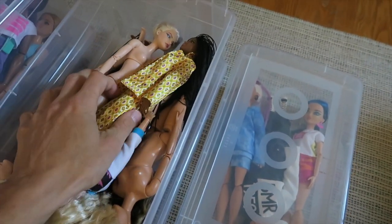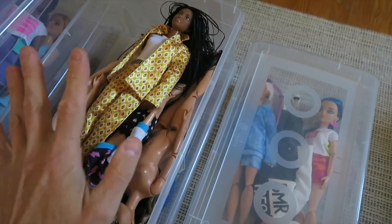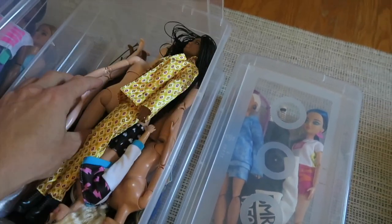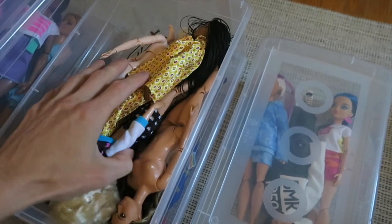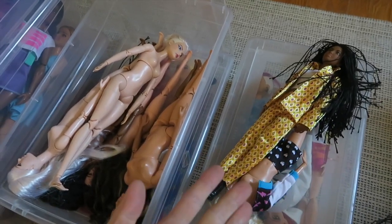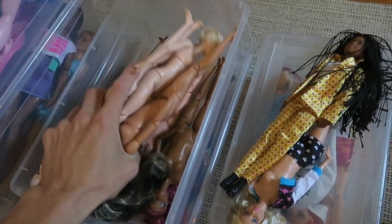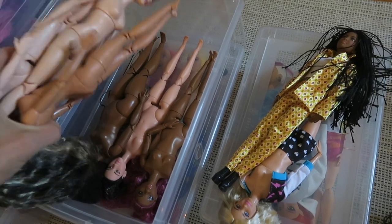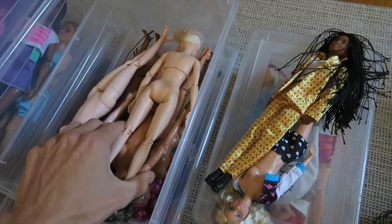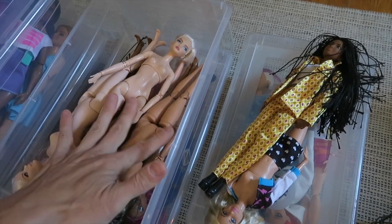These are the made-to-move bodies that I decided to keep. I decided that the looks and the style dolls are the ones that I love the most, and those are what I'm keeping. Unfortunately, I only have the first 2 style dolls. The third series wasn't available in Canada. I don't know why we didn't get it. The 4th one is... And then out of all of the made-to-moves, I don't even really love all of these,